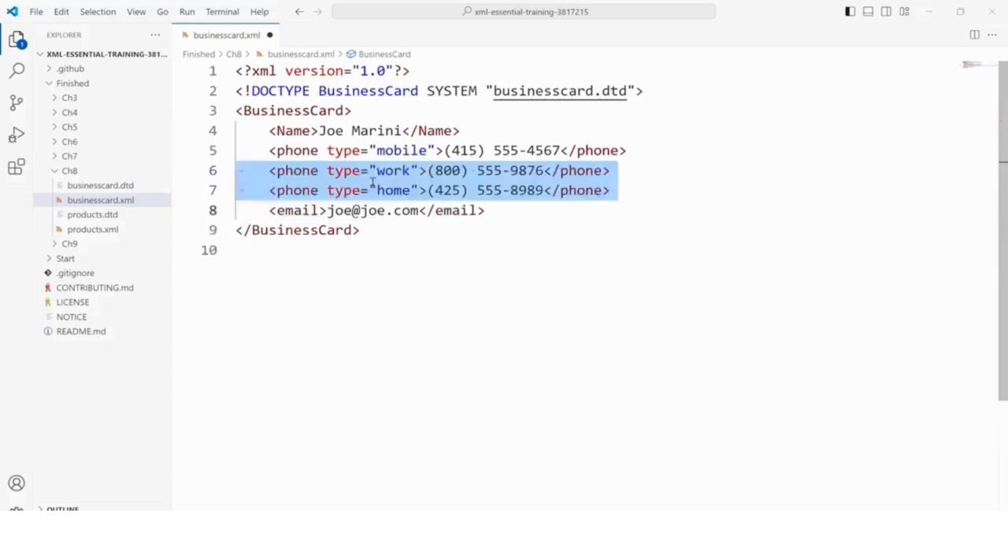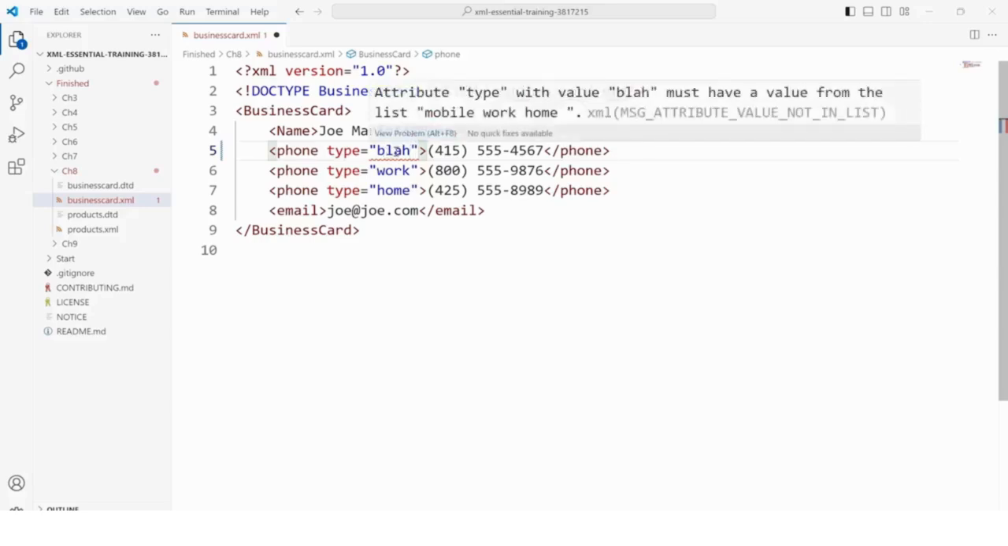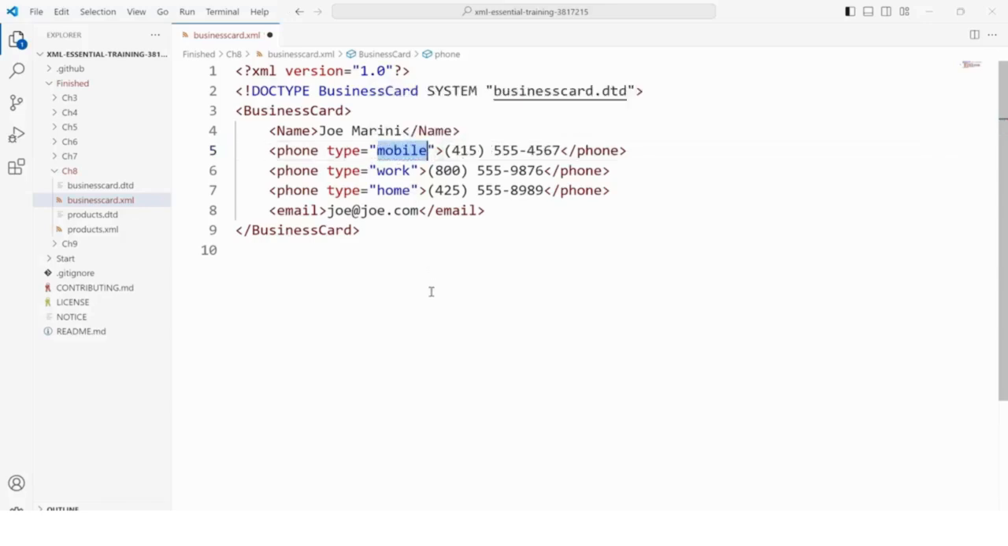That's good. Let's try removing email. Okay, that's good because remember, it's optional, so there's no error. All right, so far, so good. Okay, let's try changing one of these type attributes to something else. Okay, there's the error. It's got to be mobile, work, or home, so that's good. All right. Okay, so the DTD validation appears to be working, and you can see that by using DTDs, you